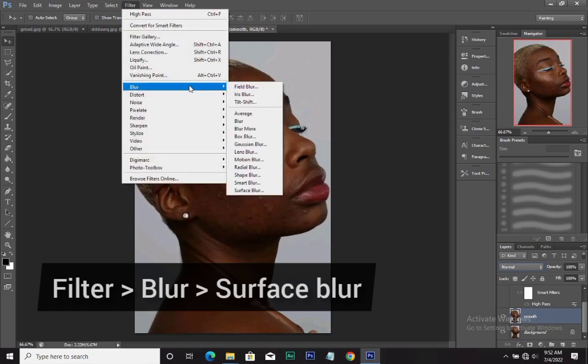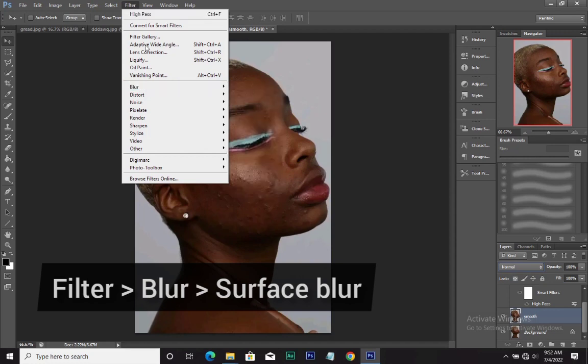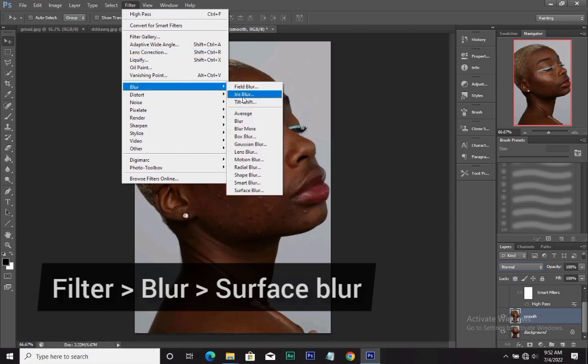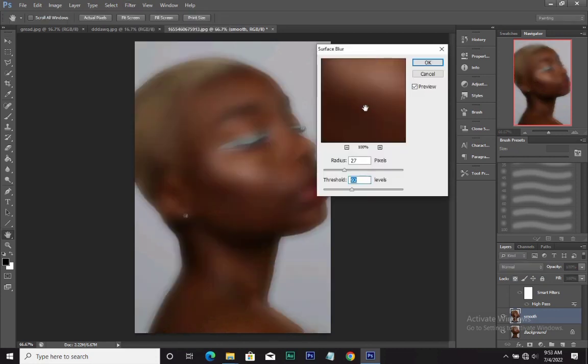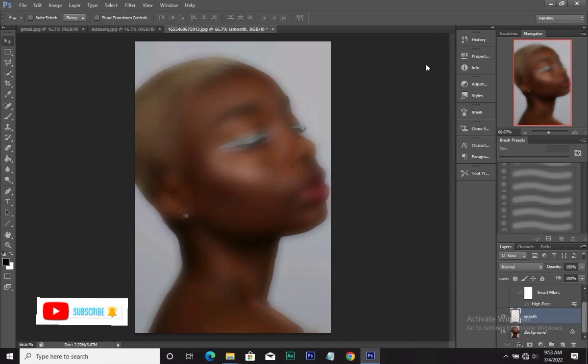So after renaming, we are going to filter, then blur. Filter, blur, then you move down and choose surface blur. With surface blur, we try to bring the blurriness and the smoothness, so you have to adjust it to fit your own satisfaction. I think mine is perfect here, this is what I want in this case. So I click on OK. So when I'm done,